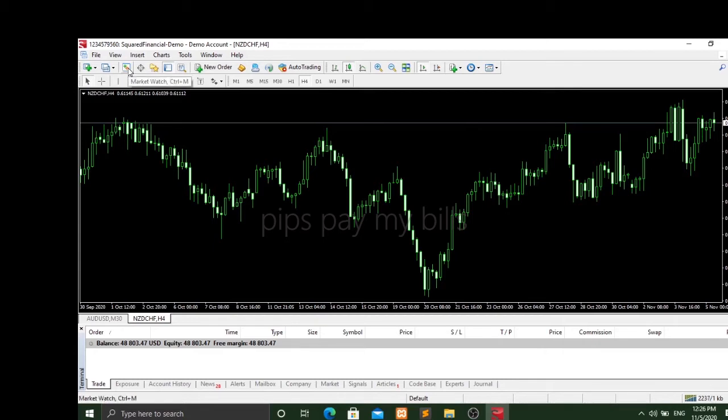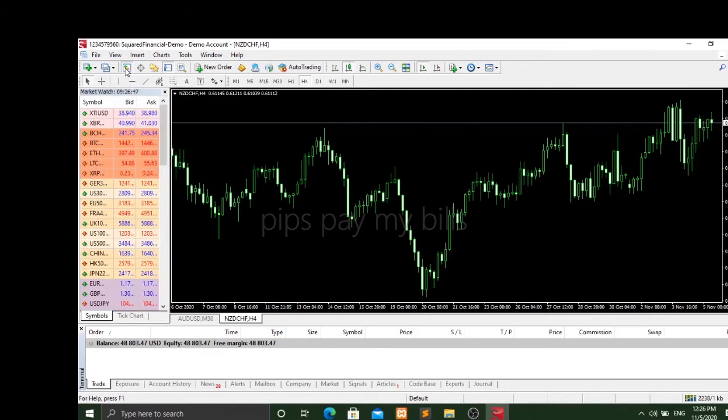So right now, let's come back here, market watch. What's going on in the market right now? You see the symbol, they give you the bid and the ask. Remember, always the difference between the bid and the ask is always the spread that is charged by your broker. So if you find the difference between this and this being too big, then it means your broker is charging too much spread. But for transparent brokers like Squared Financial right here, the one I'm using, it